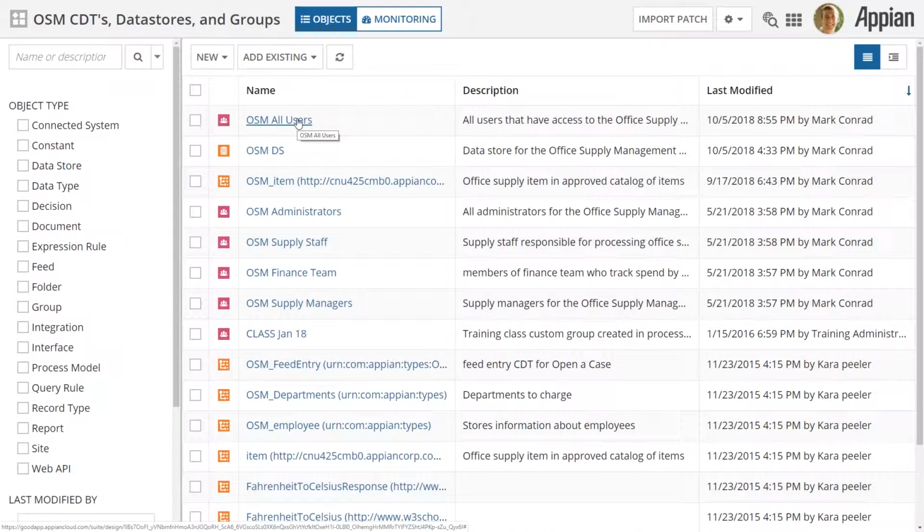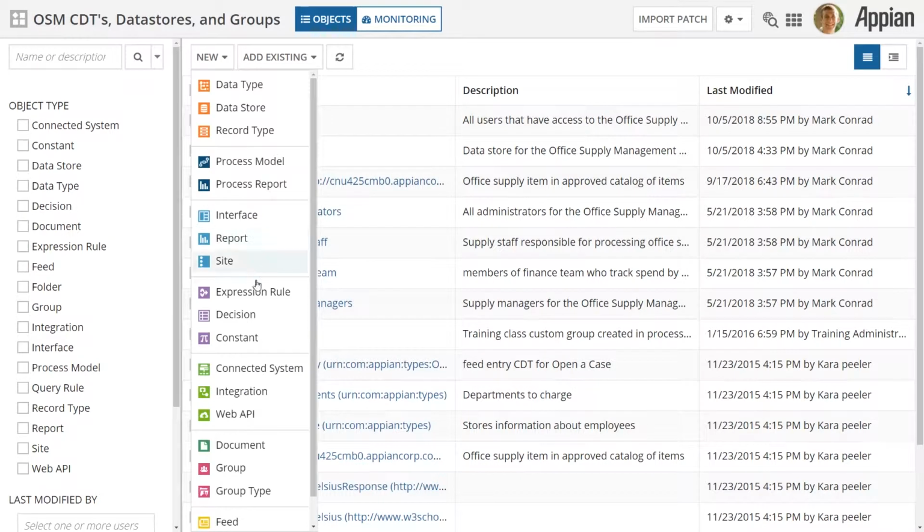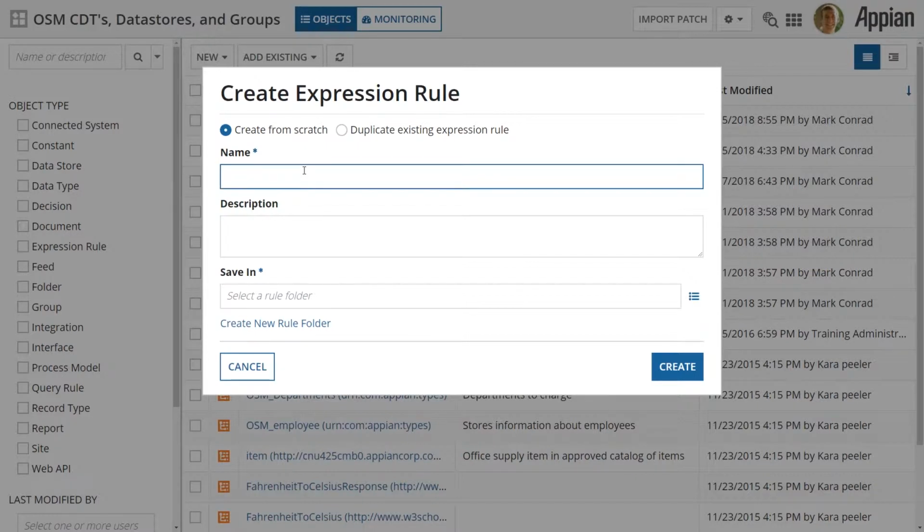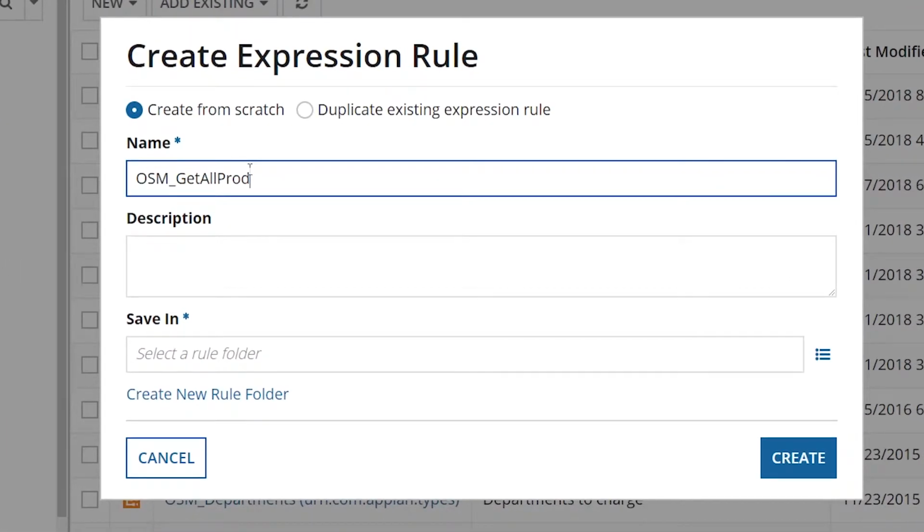From the new menu in Designer, select Expression. The name of the expression should follow best practices, which means that it should include an application prefix, followed by an underscore, and then Pascal casing for the name of the rule. That's where you uppercase each letter of distinct elements of the rule name. In this example, we're going to return product data, so the rule name is